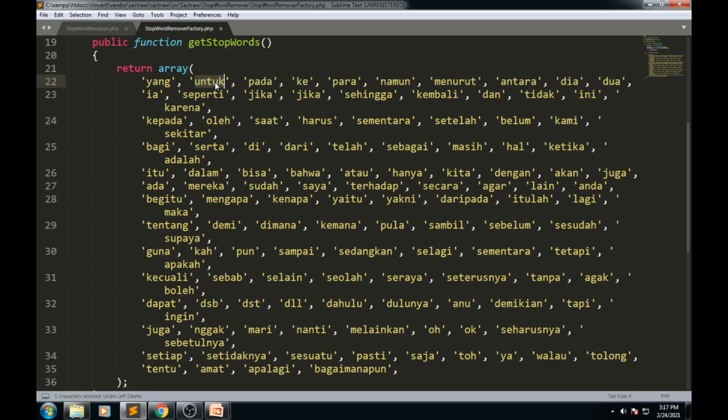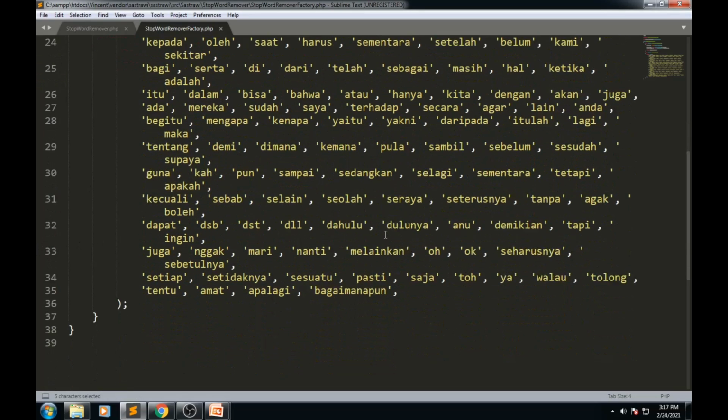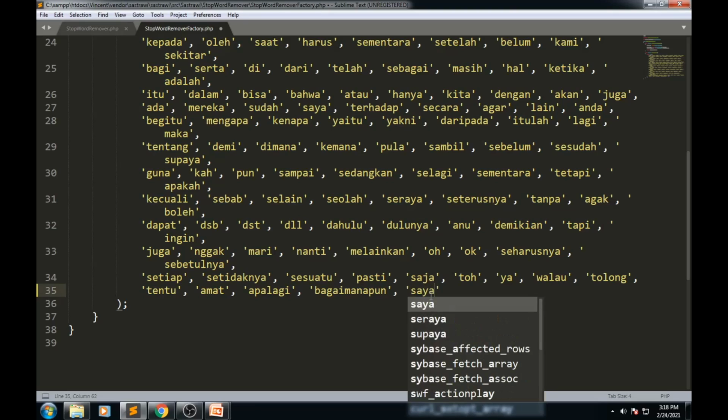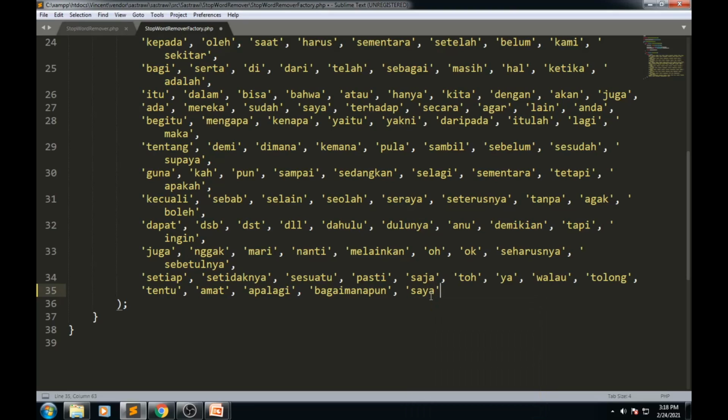Or if you want to add a new stop word, for example saya, you can put it here. If the system finds saya in a document, saya will be deleted. That is for stop words.